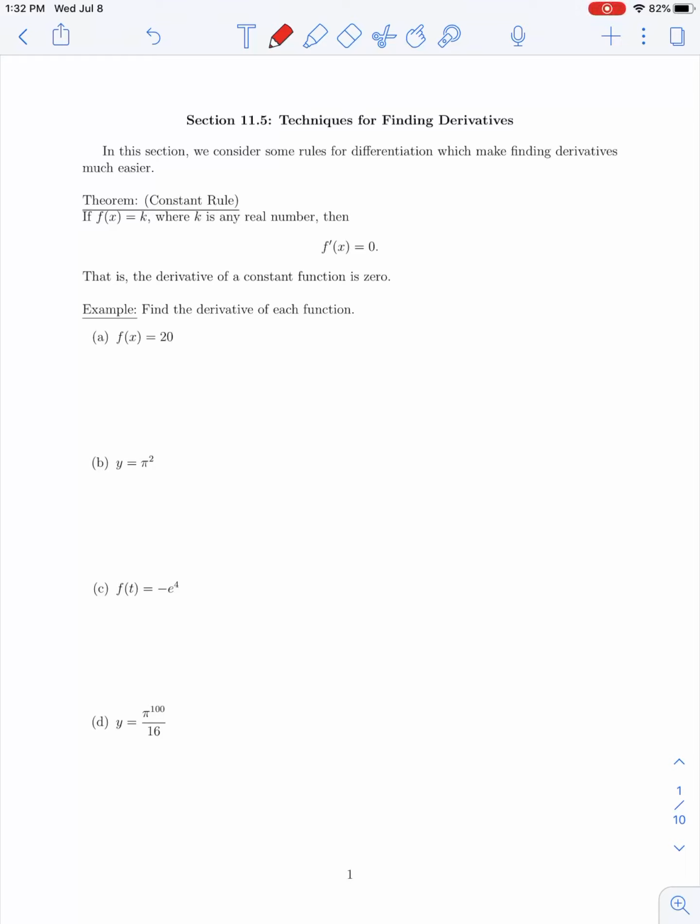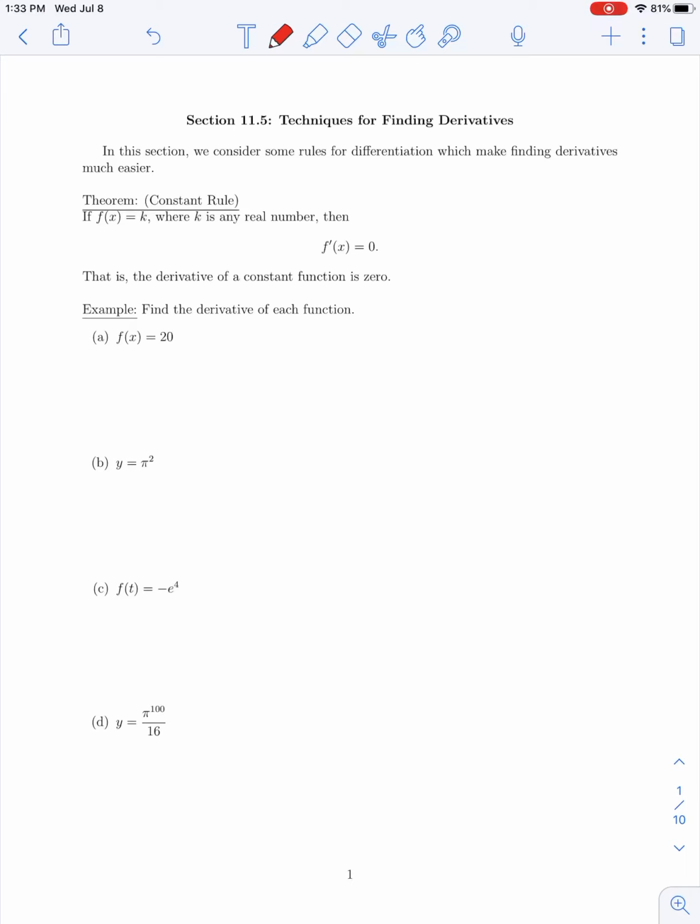Okay, in today's lecture, we're going to cover the first part of the section 11.5 material on techniques for finding derivatives. So we had introduced the idea of a derivative in the last section as a function which represents the slope of the tangent line to the graph of a function at any point on the curve. And we had seen the definition of the derivative in terms of a limit. In particular, it was the limit of a difference quotient of the function as h approaches 0, as long as